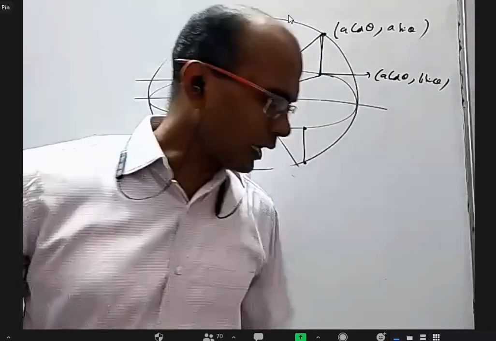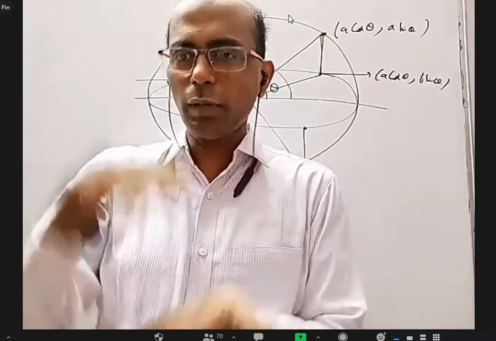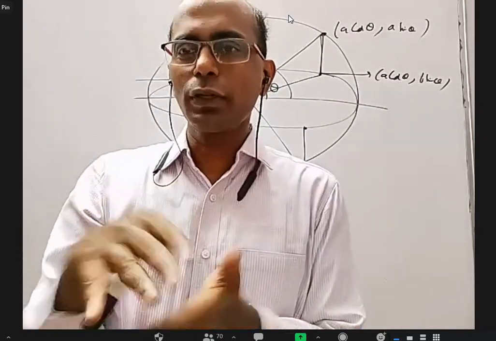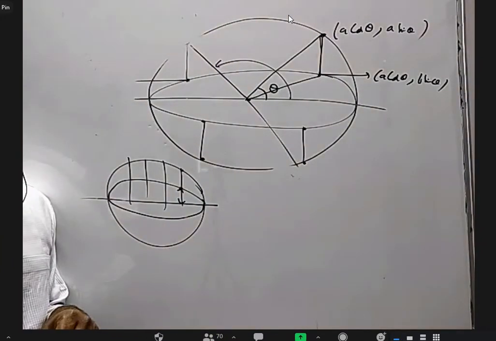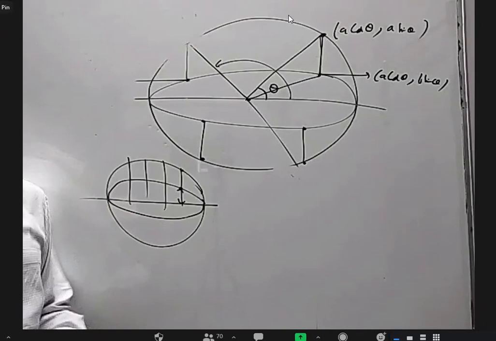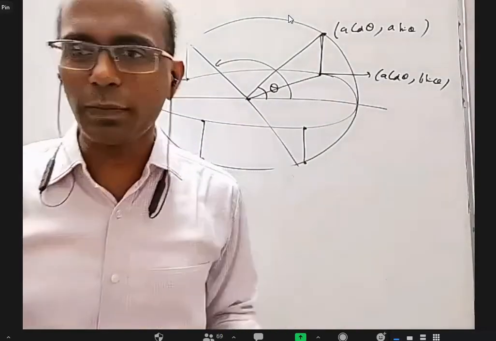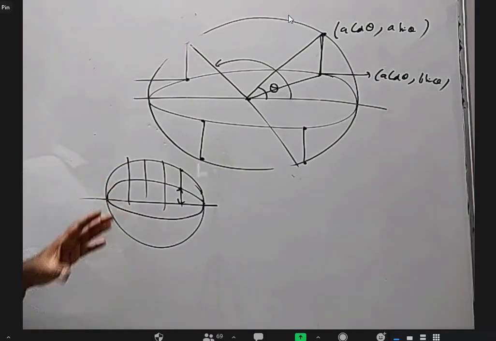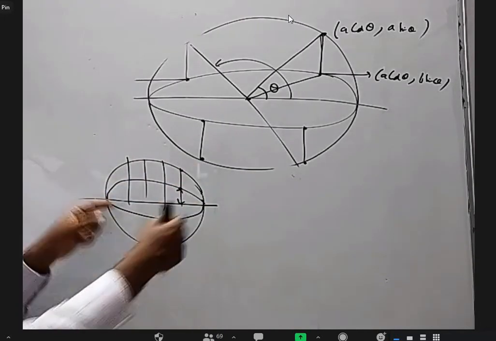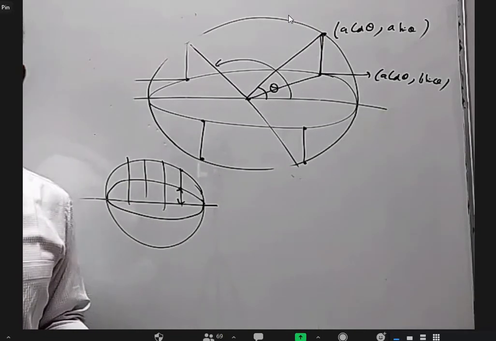So how to get an ellipse is very simple. Take a circle and compress it by the ratio b by a, the compression ratio, and you will get an ellipse. You understand what I'm saying? You take a bangle and compress it by ratio b by a, you get an ellipse. Then the diameter will change, sir? Of course. It is not exactly like compression because the perimeter is fixed there, it has to stretch. But you can understand what I'm saying, right?